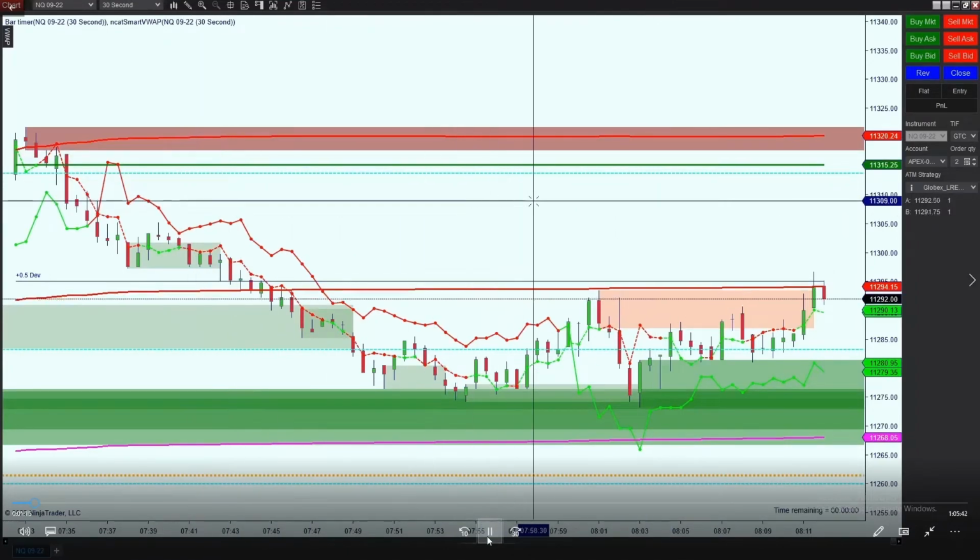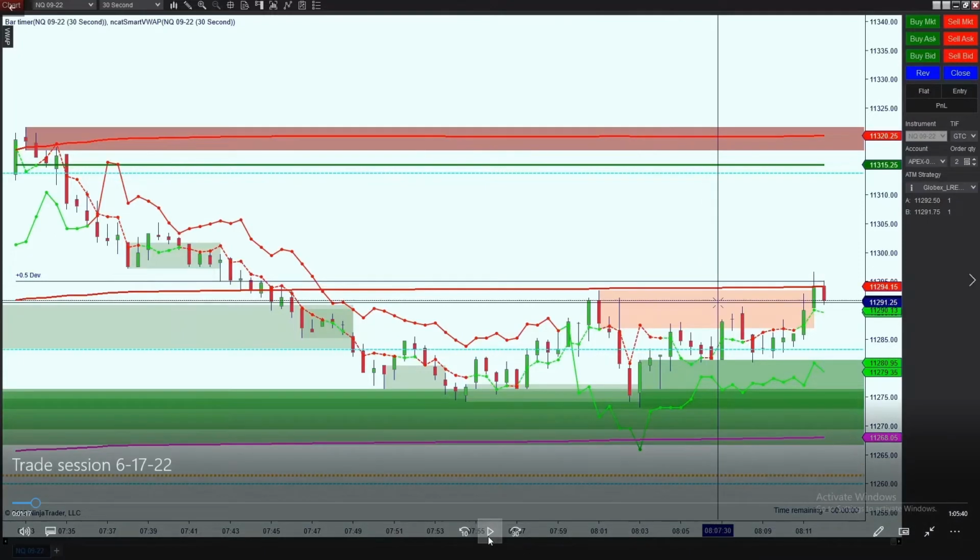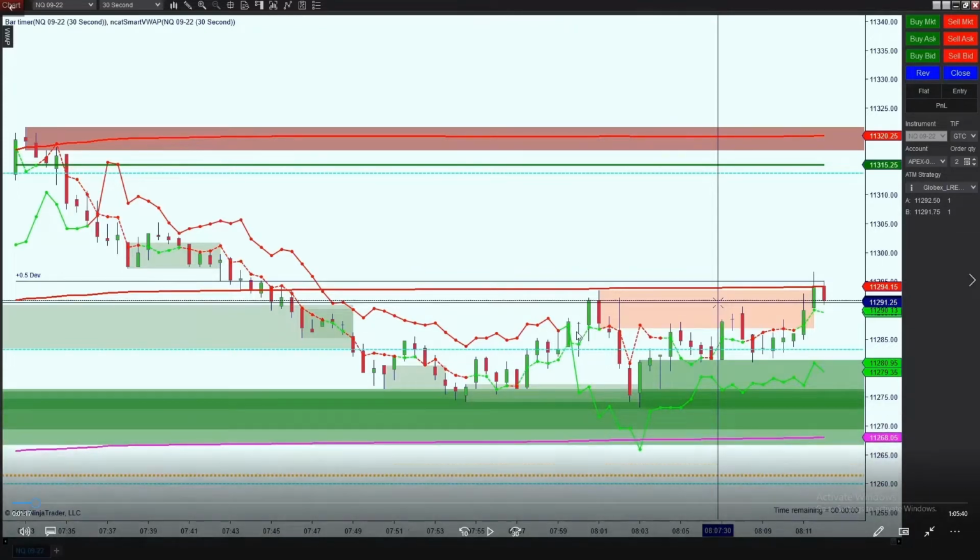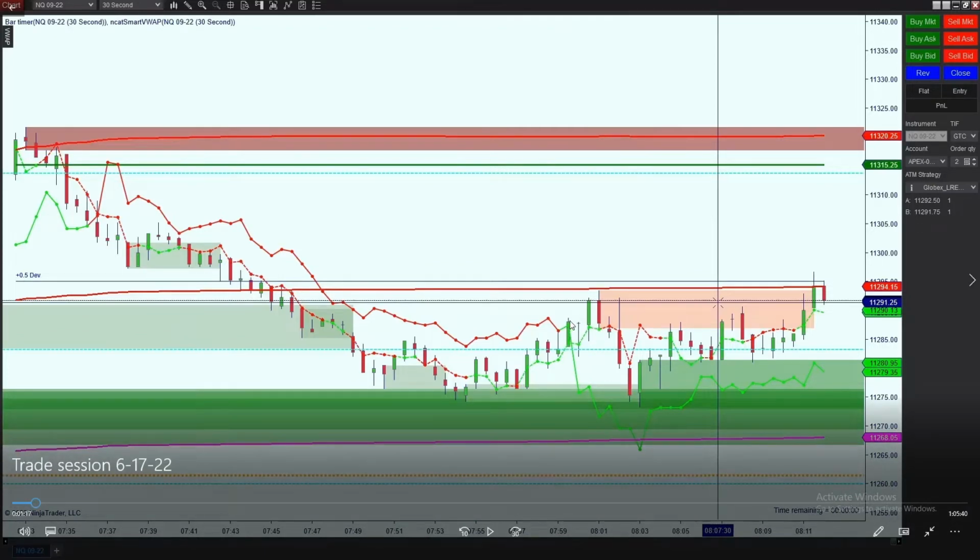So as I'm showing on the simplicity chart here, let me go ahead and pause. Market ran down. There was no LREs here, never really pulled back. There was one here, but that was before I was even on. Now, as you can see, it reset here. The lines flipped green. So there's nothing going on, basically. Flipped green, didn't run. Flipped green, kind of came back down.